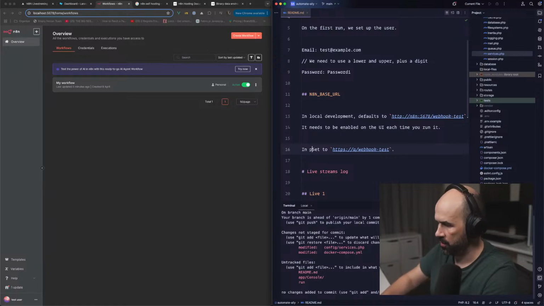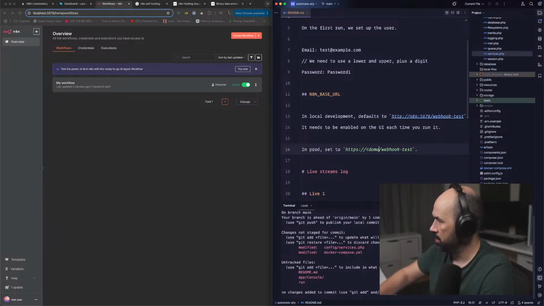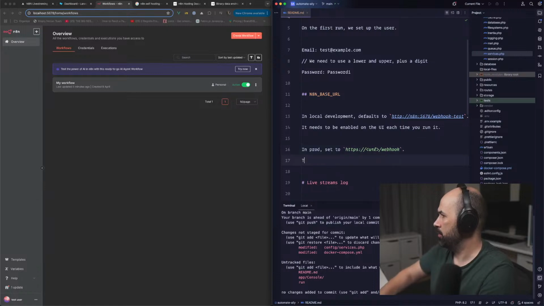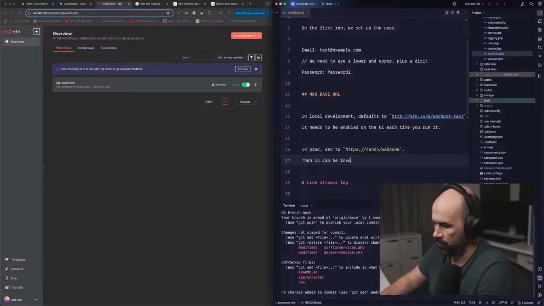In prod, set to, or local, whatever. You can, like, yeah, domain URL /webhook. Then it's the production. Then it can be invoked as a regular server.